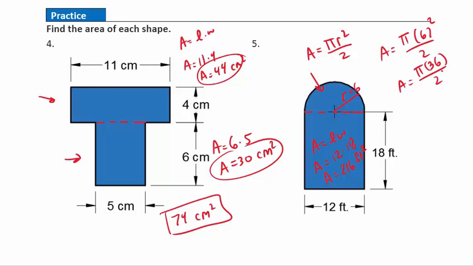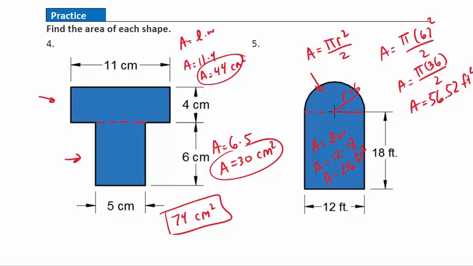So I'll punch that into my calculator. Let's see. 3.14. And you could use your pi key if you want to on the calculator. I'm using 3.14 times 36 equals, then divided by 2. That's going to give me 56.52 for the area of half of this circle. And that is